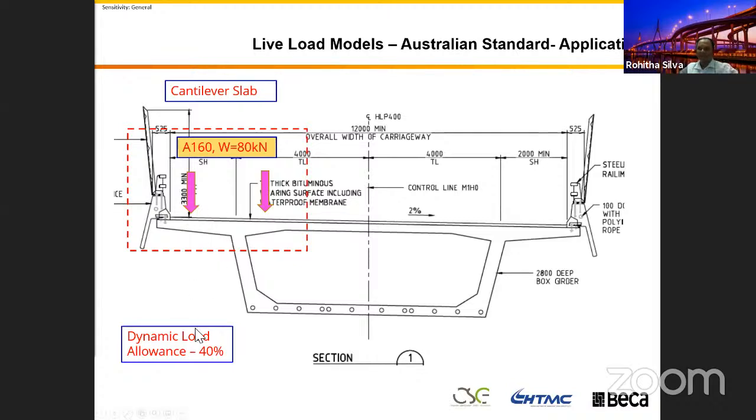So this one, with the higher dynamic load magnification, dynamic amplification factor or dynamic load allowance, you get a maximum bending in your cantilever, sometimes not the shear, but you get a maximum bending in here. Any questions up to now? No? So good. Then I will go to